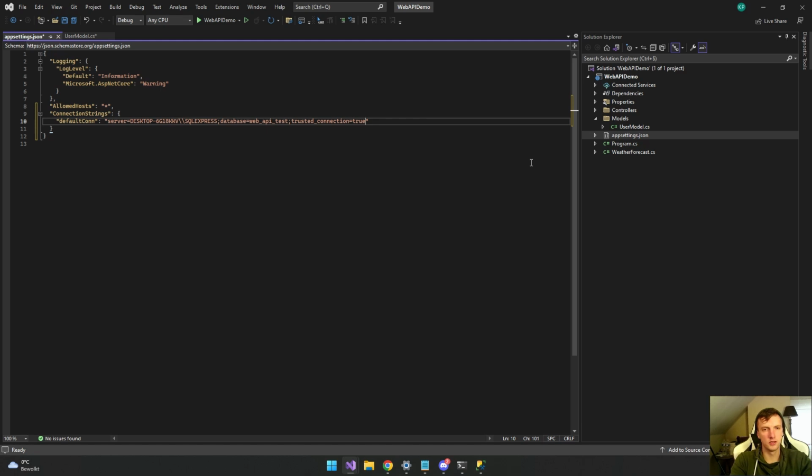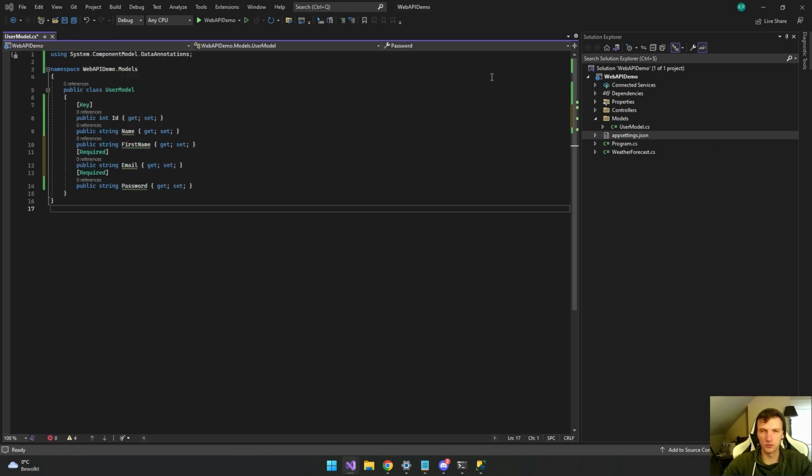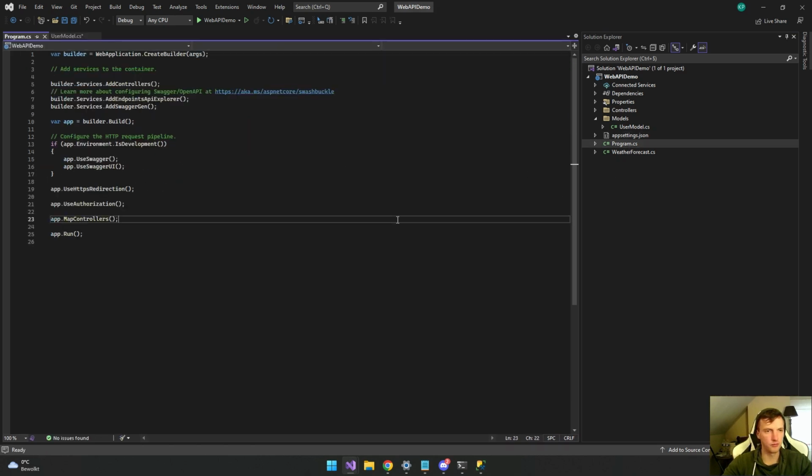That is making sure that you trust the connection you are going to make. That's everything you need in the default JSON. So make sure to save this, Control S, and then we go to the Program class.